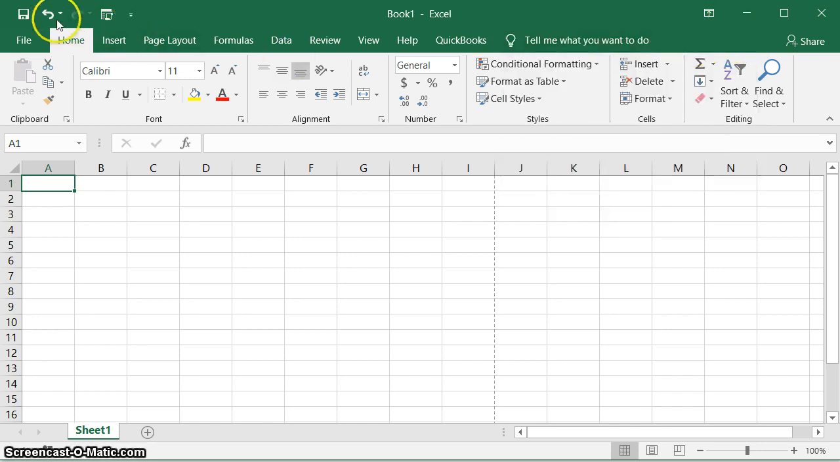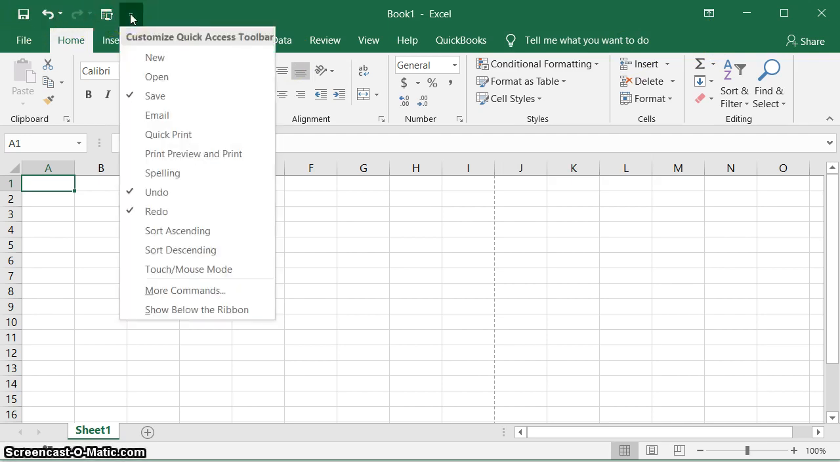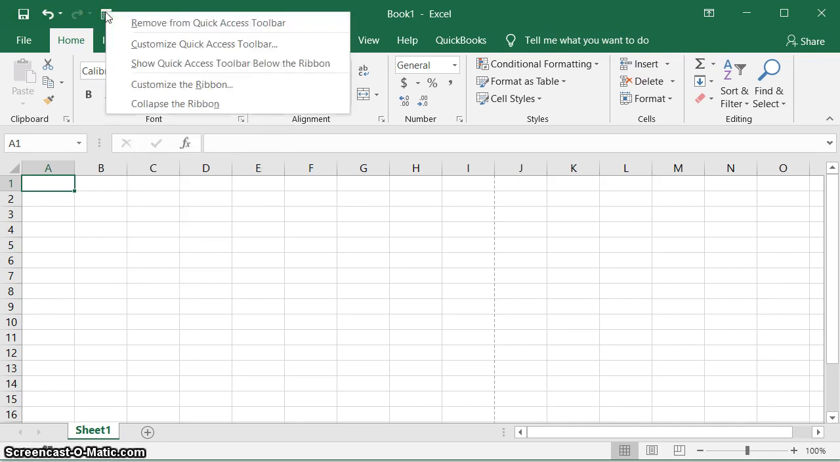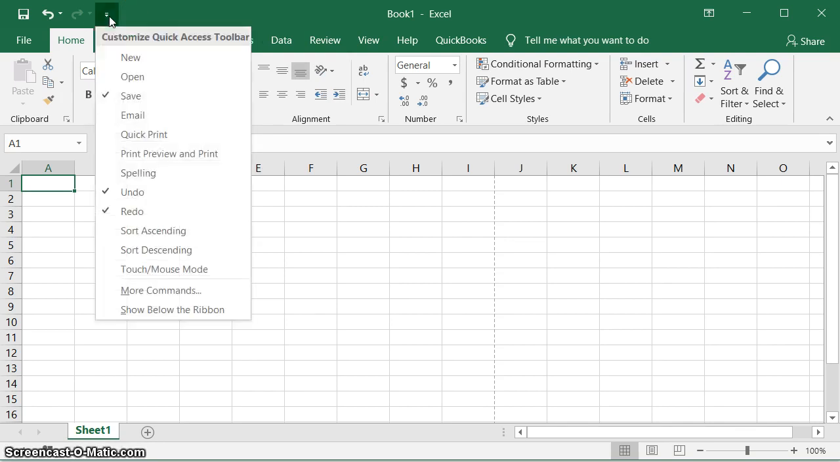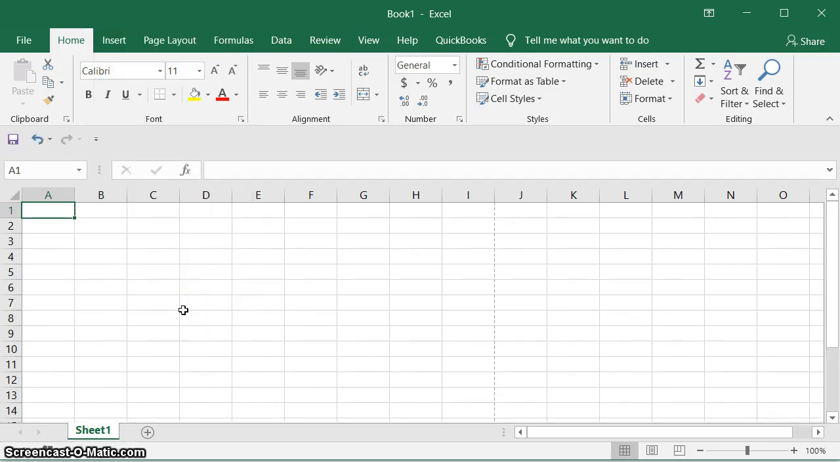Then we have what we call the quick access toolbar. You can actually customize this quick access toolbar. So if I don't want my macro there, I'll just right click on it and say Remove from Quick Access Toolbar. It's not always the case that the quick access toolbar is at the top. You can bring it down. Once you click on this arrow, you come to Show Below the Ribbon, and the quick access toolbar will be